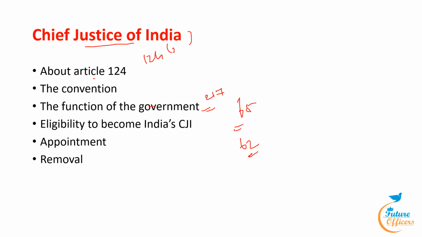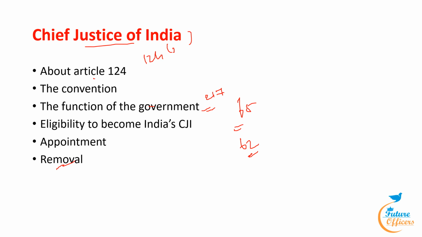Here, how is the removal done under the CJI? The removal procedure is that a judge of the Supreme Court may only be removed from office by an order of the President, which is issued following an address by each House of Parliament, which must be supported by a majority of the House's total membership as well as a majority of members present and voting. The President is presented with the address during the same session for possible removal based on one of two grounds, which are proven misconduct and incapacity. Only under these two grounds can the CJI be removed.